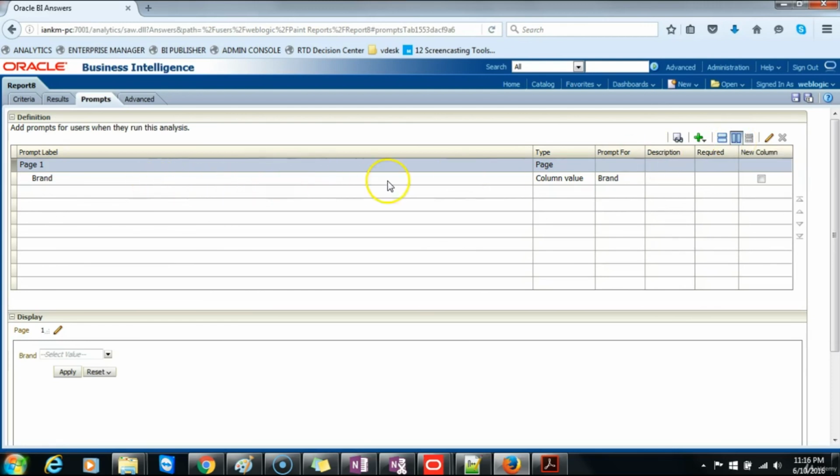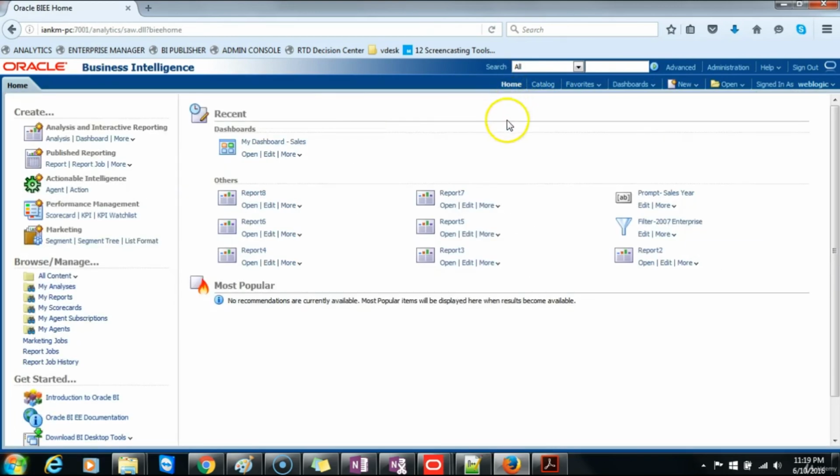We've selected column based right now. That's the reason why we're able to retrieve those results in the manner that was demonstrated not too long ago. And if you had multiple inline prompts, you could use these up and down arrows to change their positions as they appear on the definitions pane. So go ahead and click save again, return home, and that concludes using